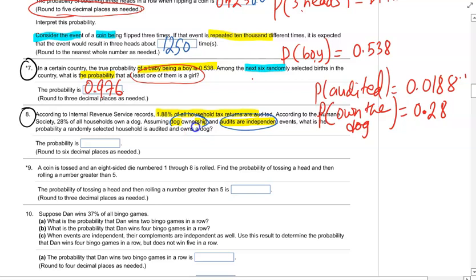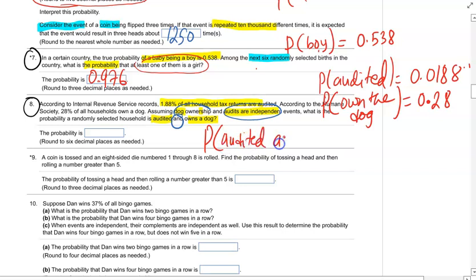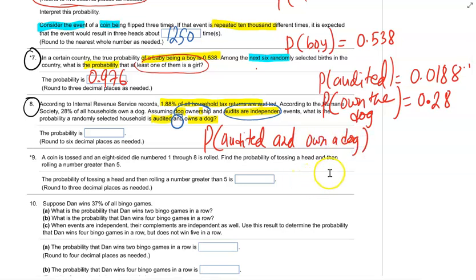Obviously you're looking for audited and owns a dog. Here you're looking for the probability of audited and own a dog. And notice that these are independent events. The question says obviously they are independent. Think about that, because the probability of occurrence of one event does not affect the probability of the other event. Therefore, if they are independent and you have an "and", you multiply. Therefore, you basically multiply